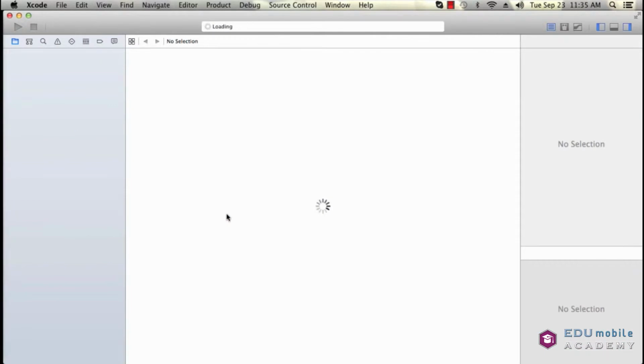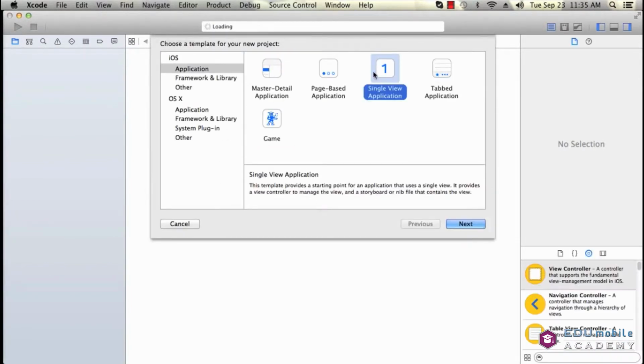I'm going to show you how we do this. First of all, at the beginning part of the course, we're just going to make sure that we have iOS app